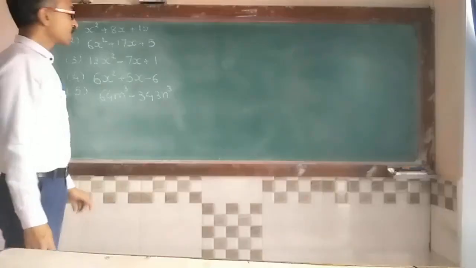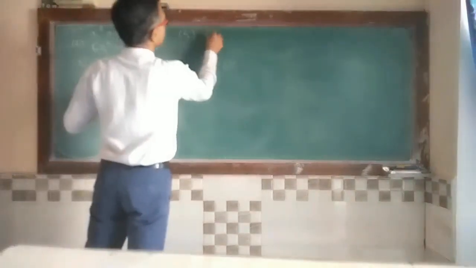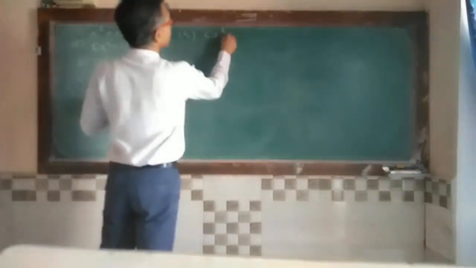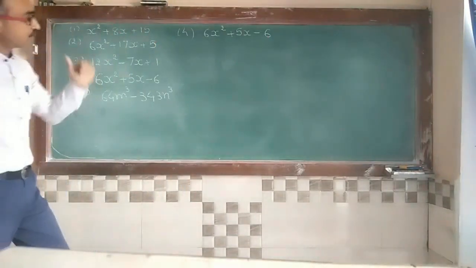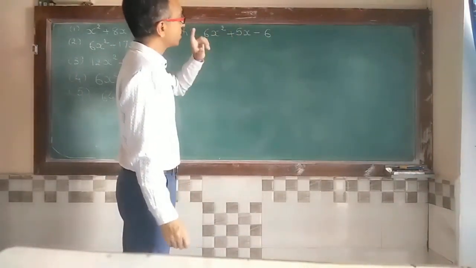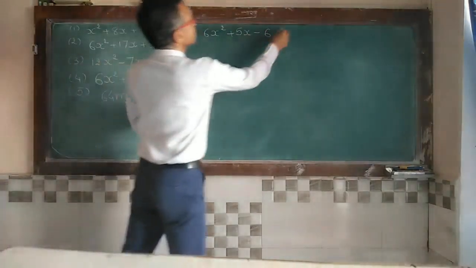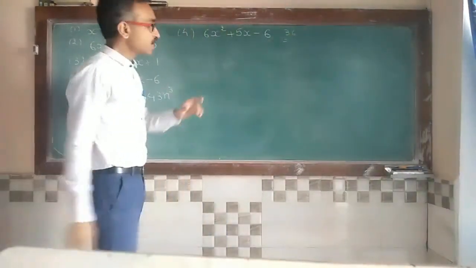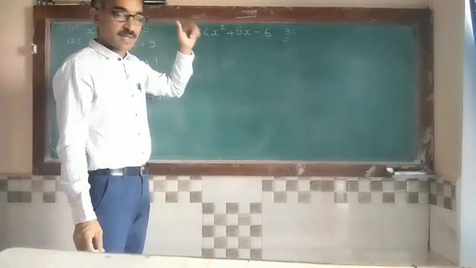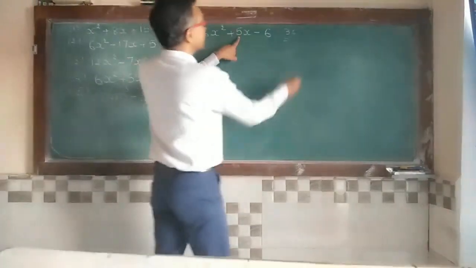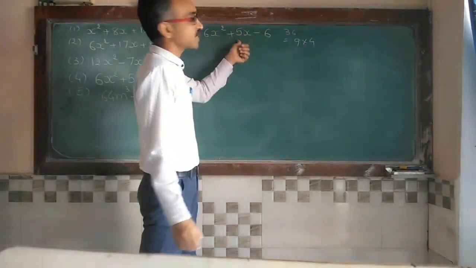Okay? Now fourth one is, see, 6x square plus 5x minus 6. Okay? Now see, we have to take 5 from the factors of 6 into 6, that is 36. So 36 is equal to, see, now you have to take 5. So factors are 6 and 6, so 6 plus 6, that is 12. Here is 5. So another factor is 9 4s are 36. 9 plus 4 is 13. But here is 5.